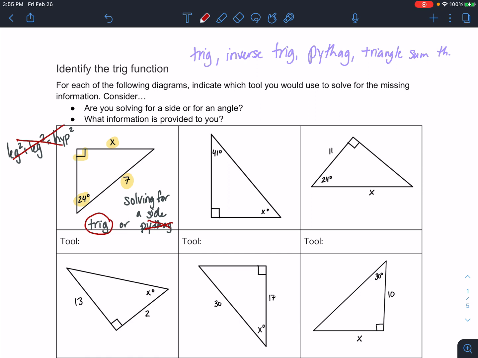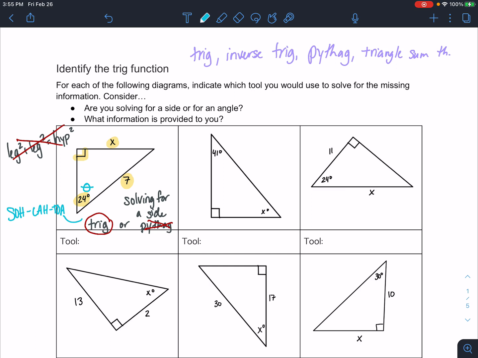So now I need to think to myself, well, which trig function am I using? Is it SOH, CAH, or TOA? In order to answer that question, I'm going to label the sides of this triangle based on the fact that this angle 24 is my theta. So if 24 degrees is my theta,